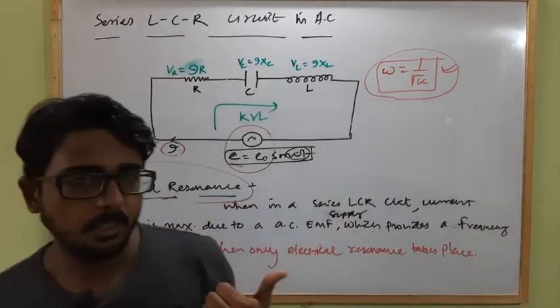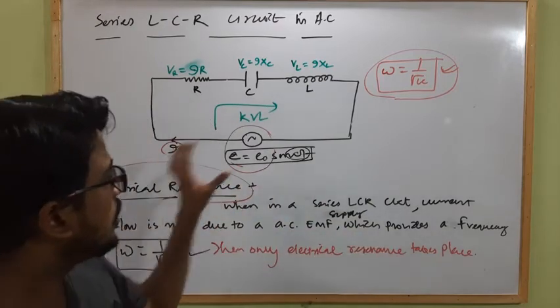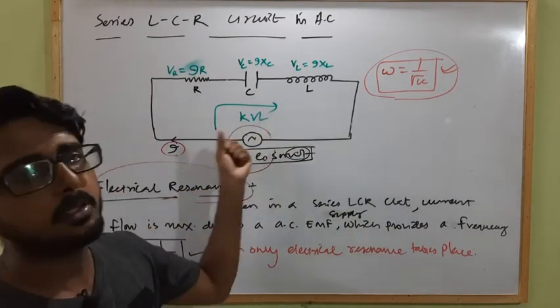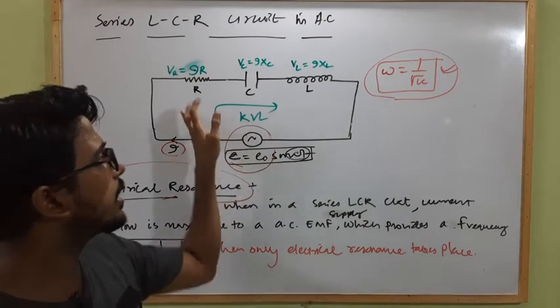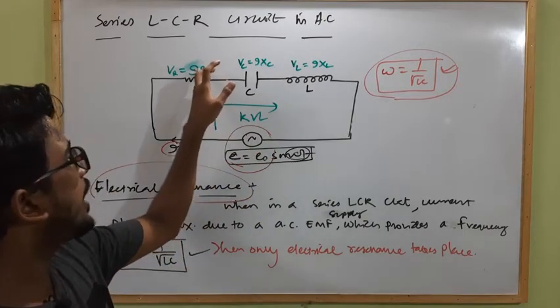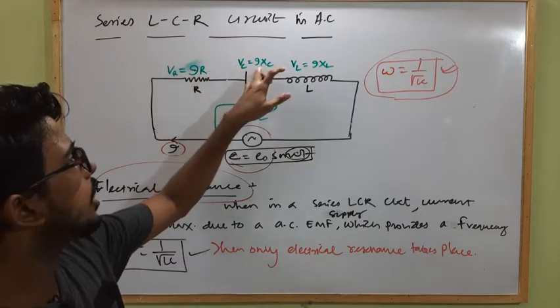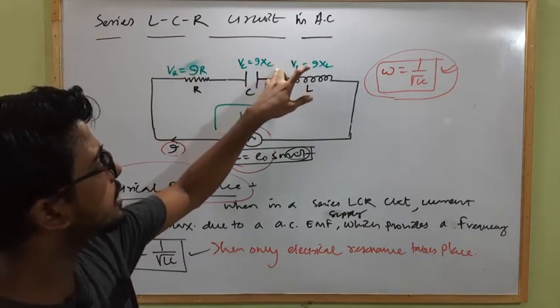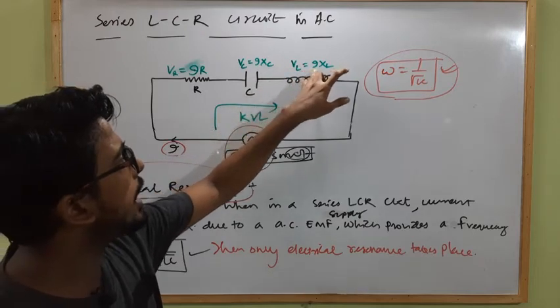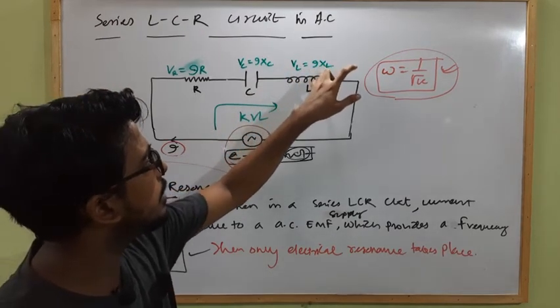What is the RMS value of current? Generally, the impedance is calculated over the RMS value of current and EMF. Clear? For any time varying current, we can calculate. Here the I will be I naught sin omega t across R. Here the I will be I naught sin omega t plus pi by 2 into XC, and here V will be I naught sin omega t minus pi by 2 into XL.